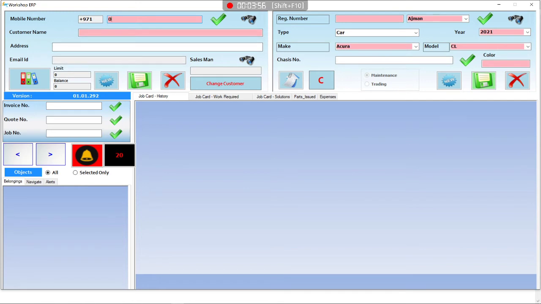Okay, so what we are doing, we are going to give the mobile number.